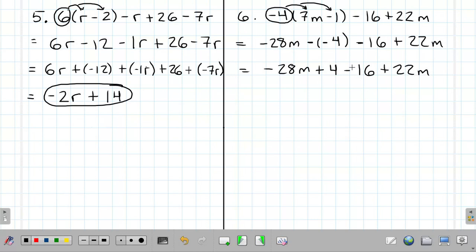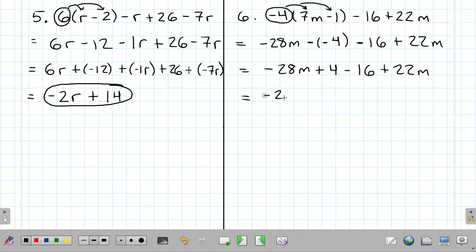And then once again, you see this subtraction here. If you know how to work around that, we're going to have negative 28m plus 22m. That gives me the negative 6m, plus 4 minus 16, that's the same thing as actually subtracting 12. So negative 6m minus 12, but once again, like I said, just to show you that you can still do